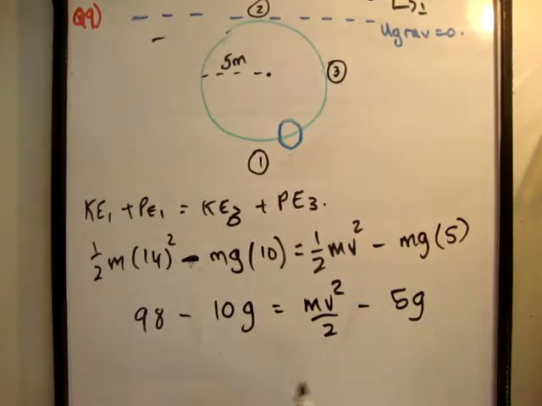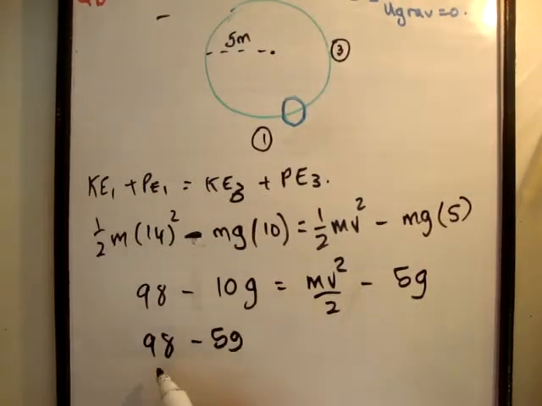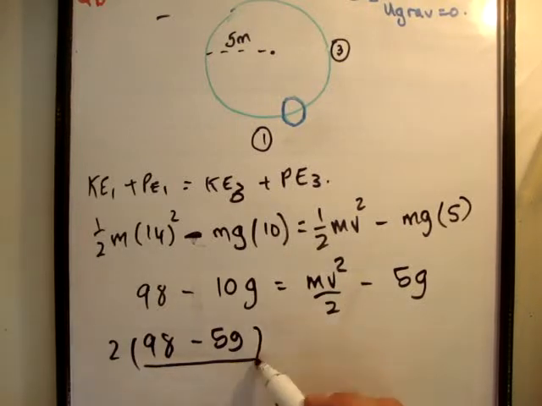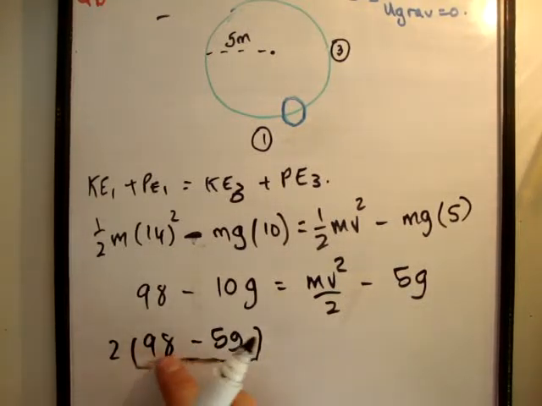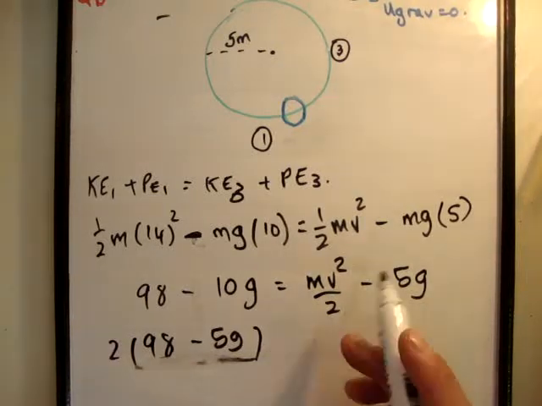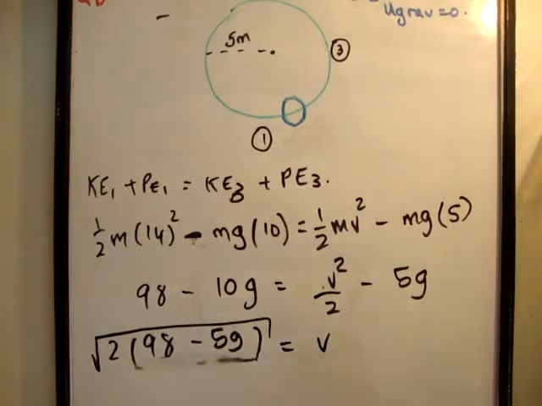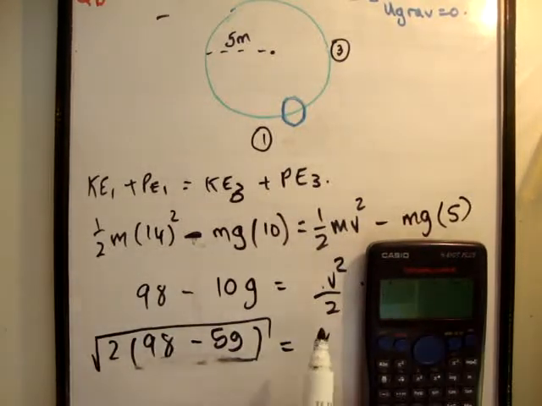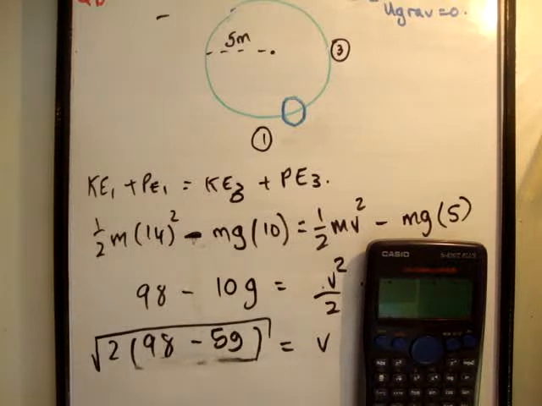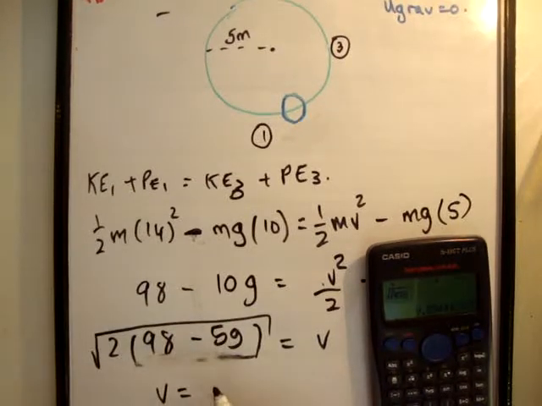So let's see what happens. That's going to be 98 minus 5g, times 2, and that's going to be equal to, if you square root that, v. Now I know I did that a bit backwards, but I'm sure you understand what I'm doing here. I just brought up the 2 and square rooted the whole thing. So 98 minus 5 times 9.81 is 48.95. Multiply that by 2 and square root that answer, and we get an answer of v